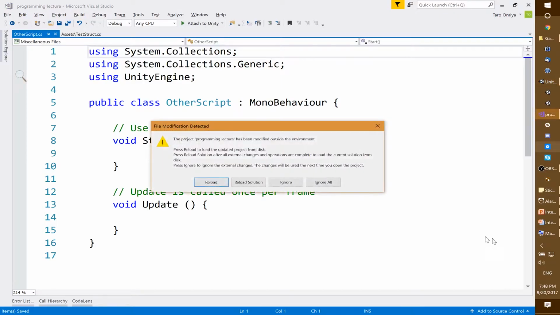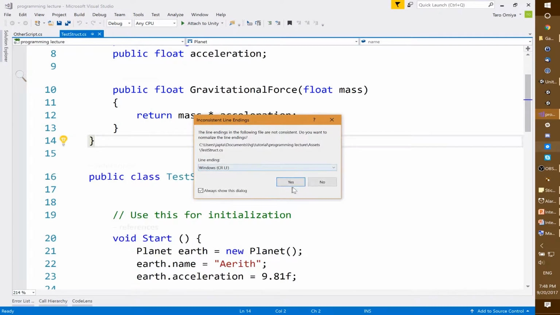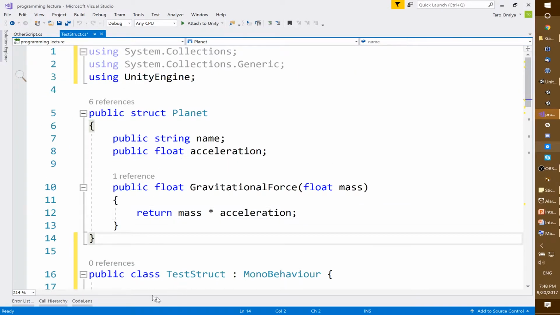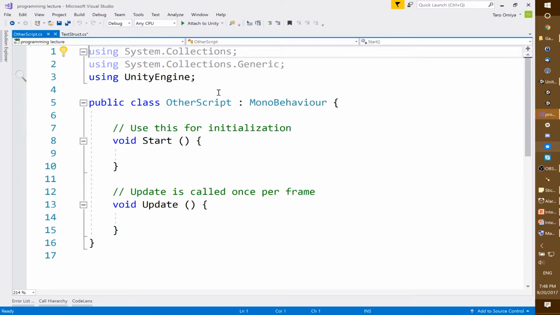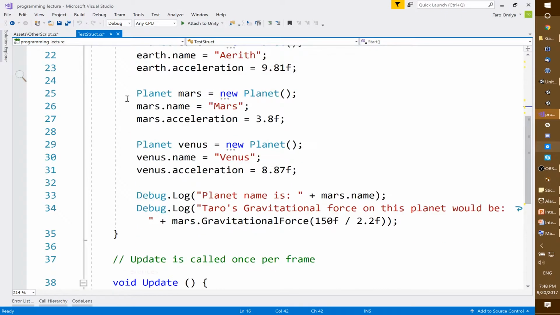Let it think for a minute. Open other script. So here's other script. Because I declared it outside of test struct, if I were to use planet right here, so if I basically copy and paste this,